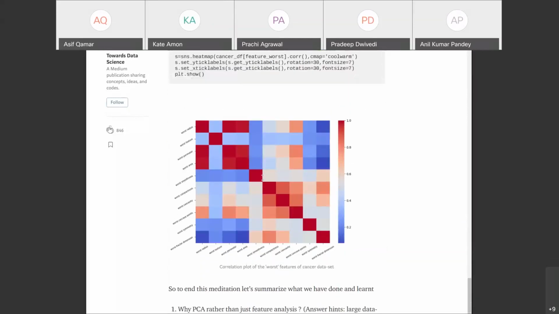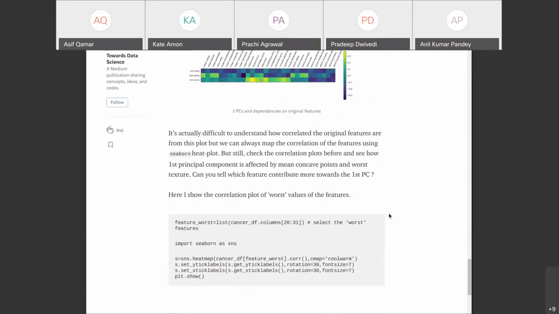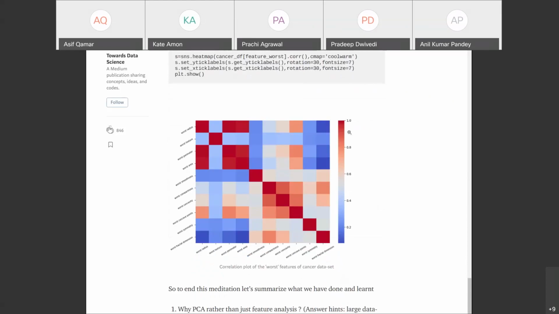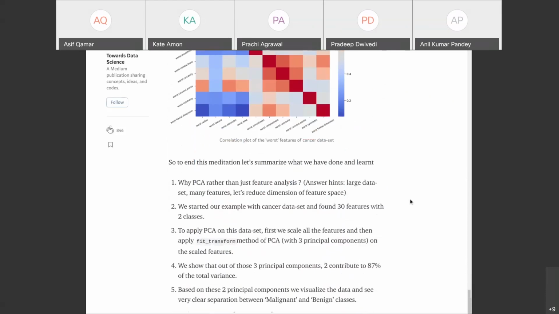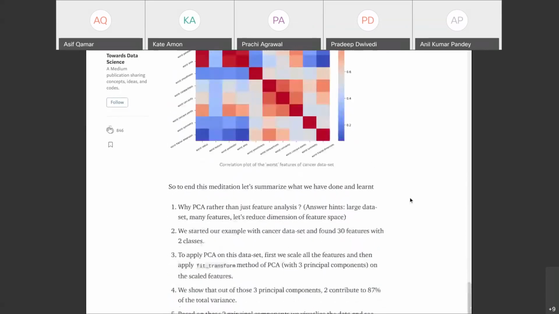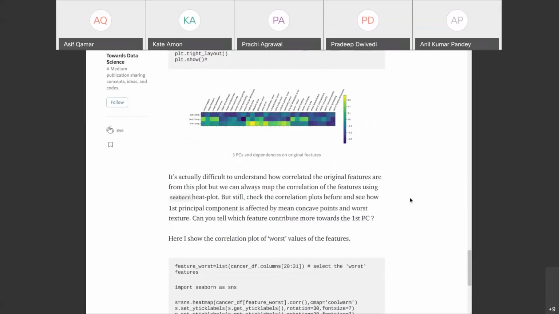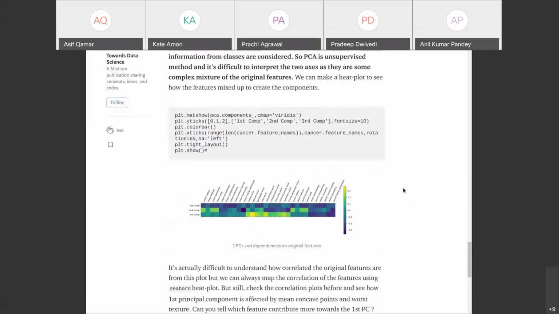You can ask yourself that originally there was so much correlation in the data. Now, once you take the three principal components, what are the correlations? You realize there are very little correlations. They're all close to zero, between minus 0.3 and 0.3, which is small, whereas in the original data the correlations were very strong, with correlations of 1 and so on. So that is it. Now you can say, well, this is half the problem. Where is the classification part? Can we see the classification part also?